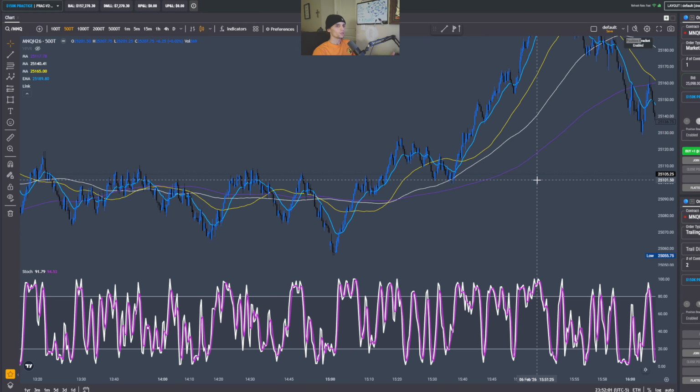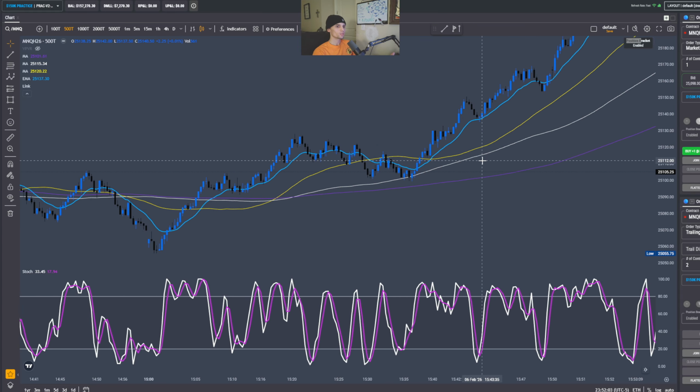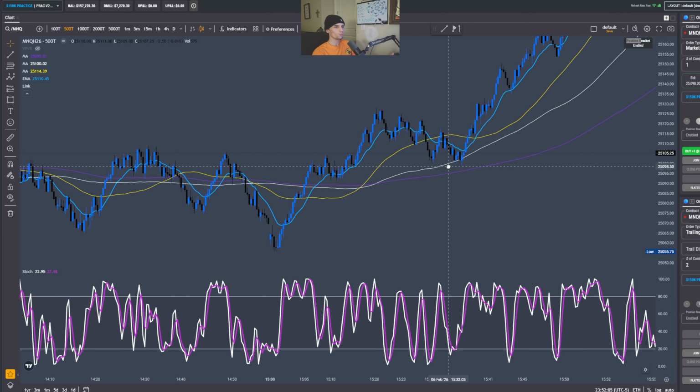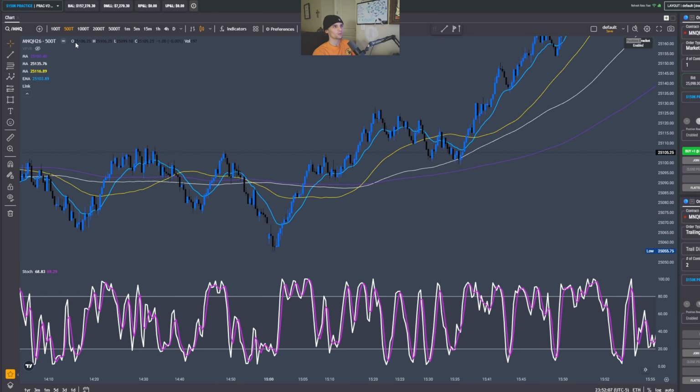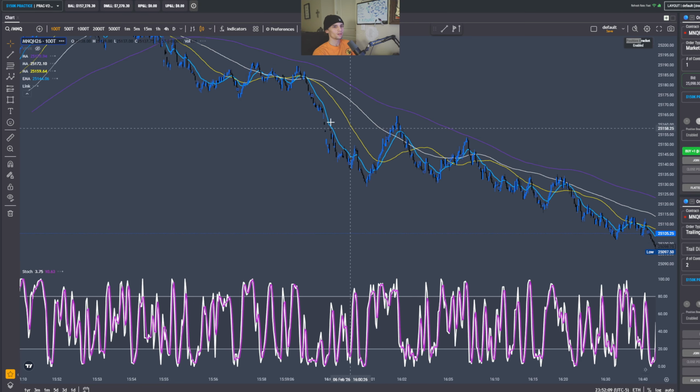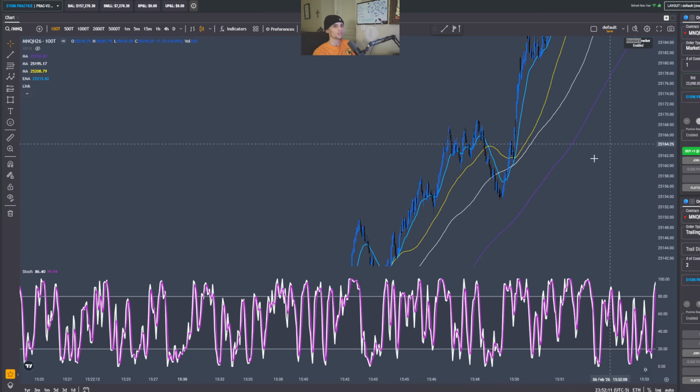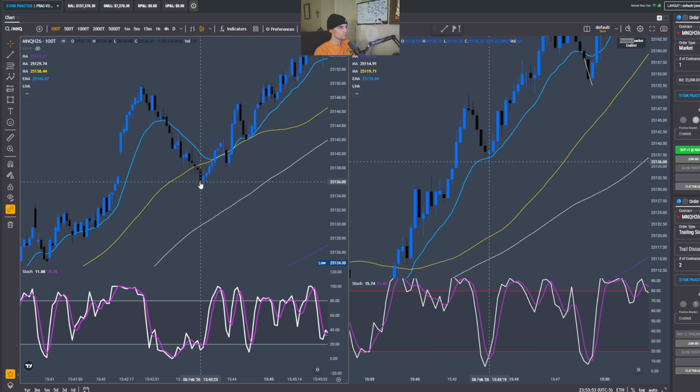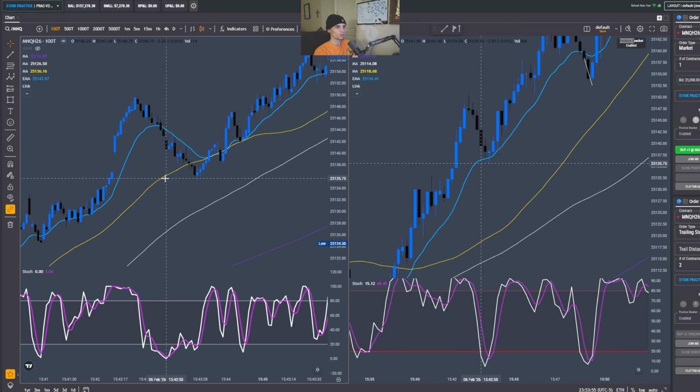Also, this is a very good tool for using on the tick charts on TopstepX. It's a lot faster though, especially if you're trying to trade this 100 tick. This is ridiculous to trade. All right, so pairing the 100 tick with the 500 tick, we're going to look at this real quick. We are in an uptrend,